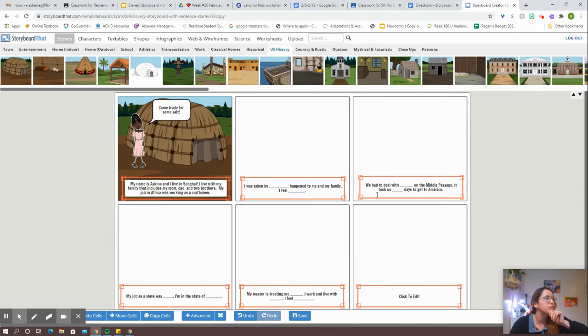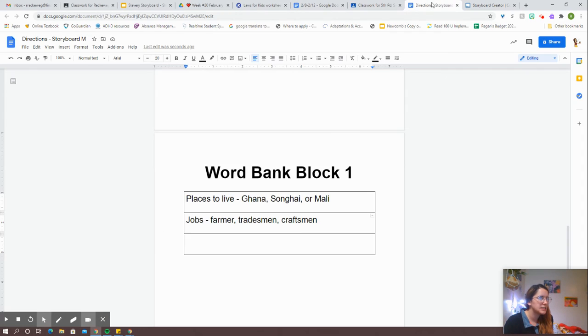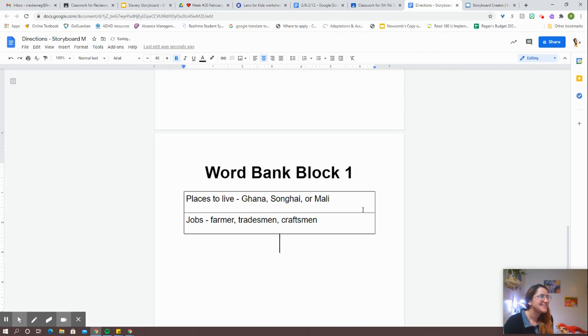Oh, and I wanted to show you where to go for anything that had a word bank. So, for example, I said that there will be a word bank for jobs to choose from, okay? Here's where you will find that. Okay, so I chose craftsman from the list in the directions. There will be a word bank for each block. So, for block 1,